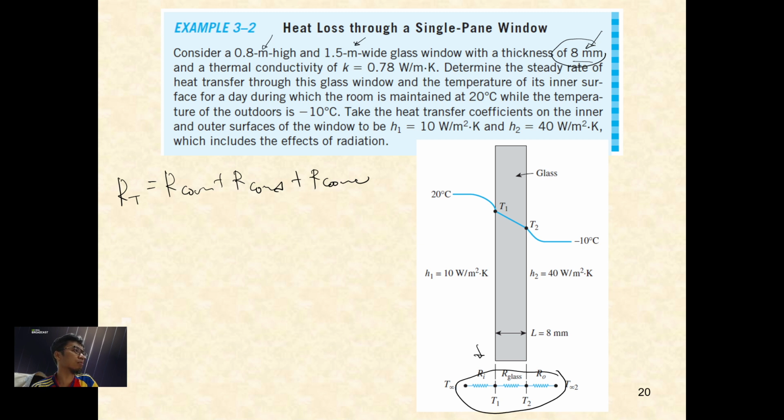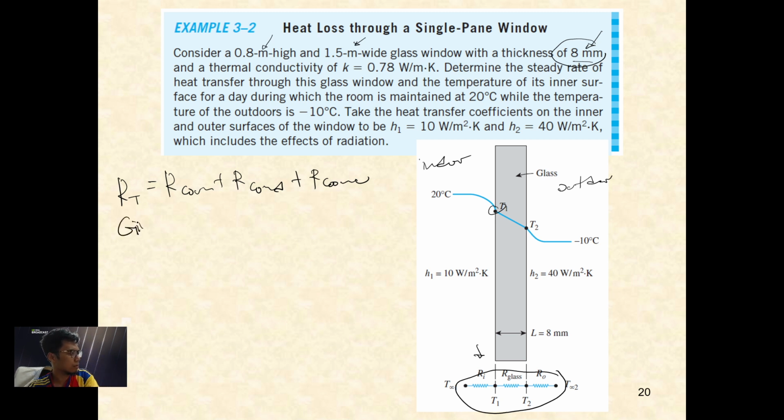Okay, read on: calculate the steady rate of heat transfer through this glass window and the temperature of its inner surface for a day during which the room is maintained at 20 degrees Celsius. I don't know which one is the inner. Outdoor, we know here: here is outdoor, here is indoor. So it asks to find the inner, T1. So